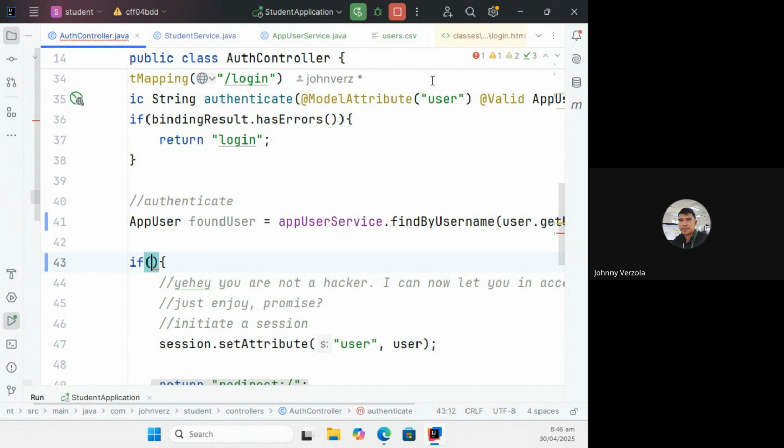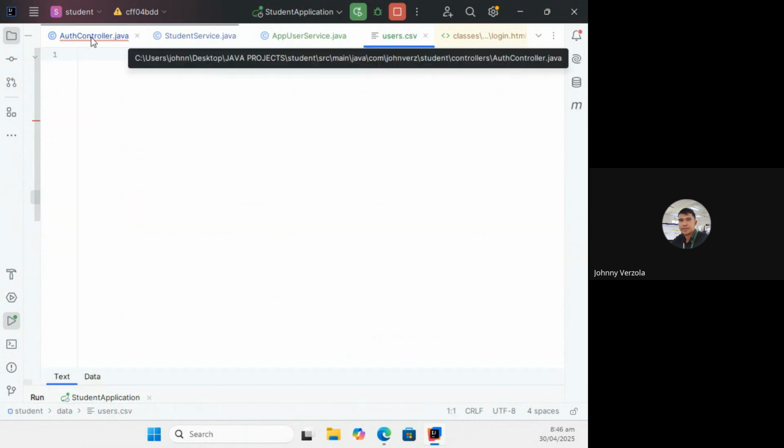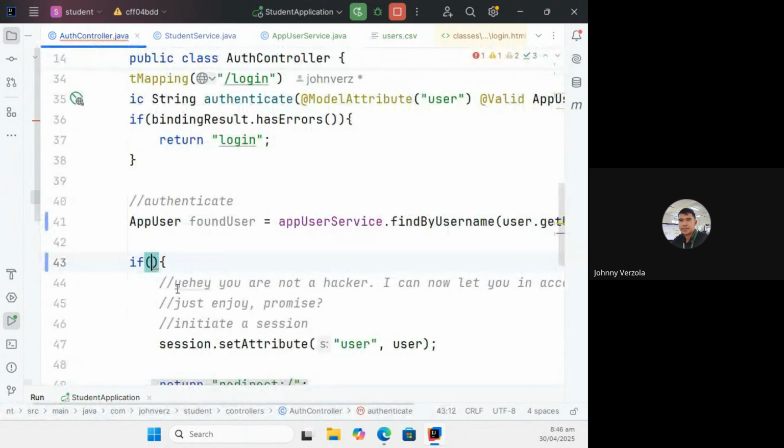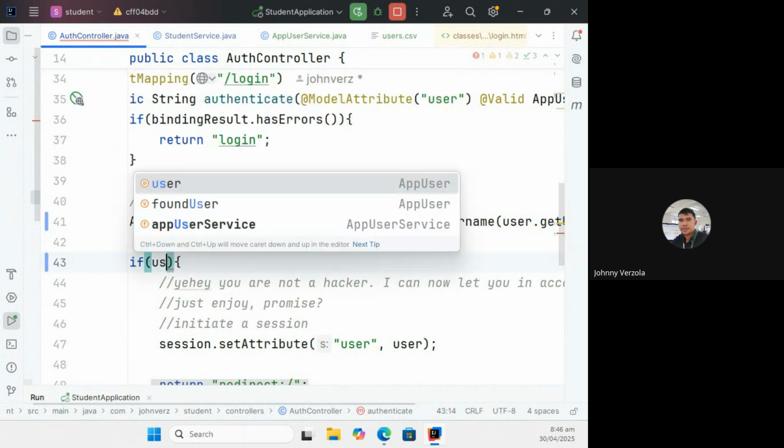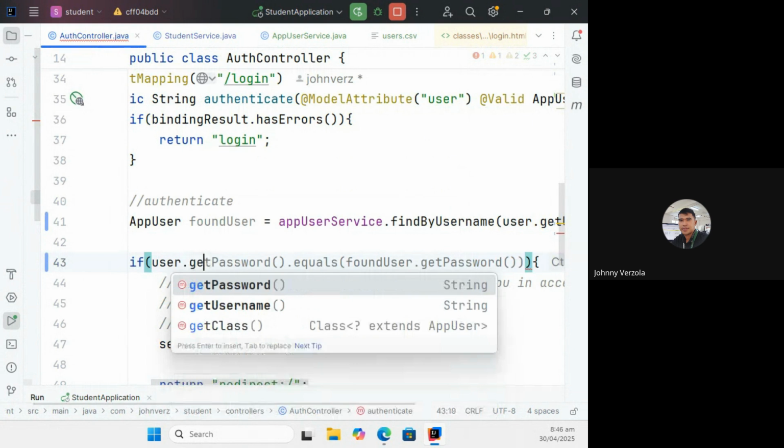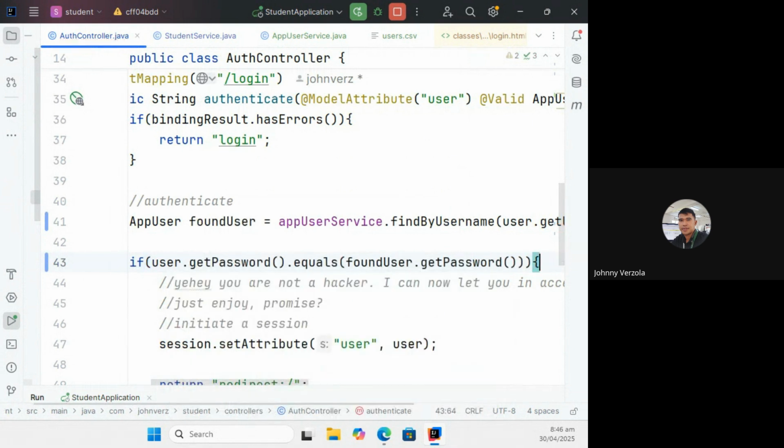It's important that we encrypt our password, not store it as plain text. Okay? Now I'm going to say found user, or I can say the user coming from the form, the get password. It should not be that get equals. We're going to use a different thing.